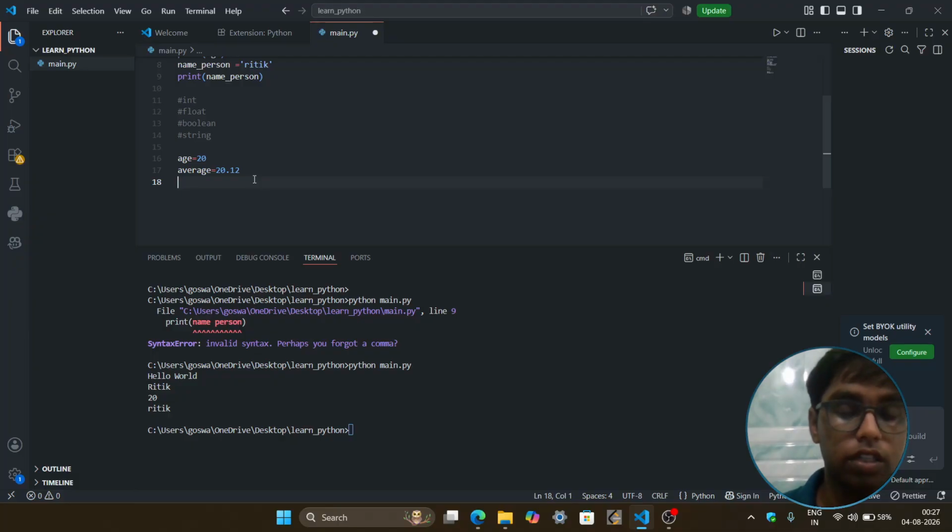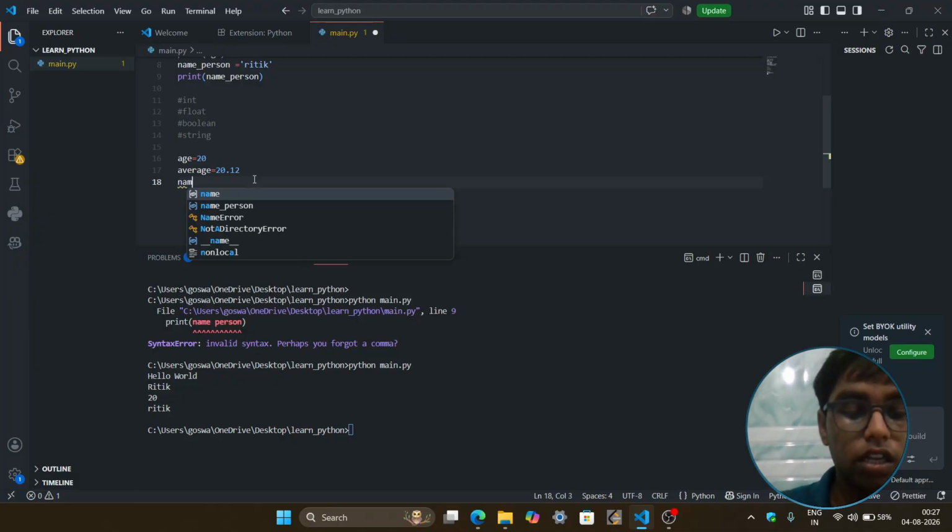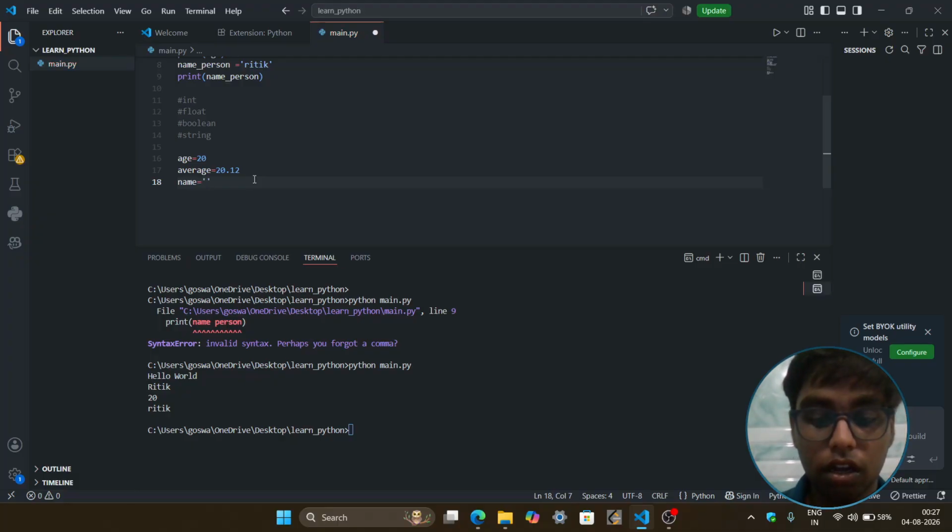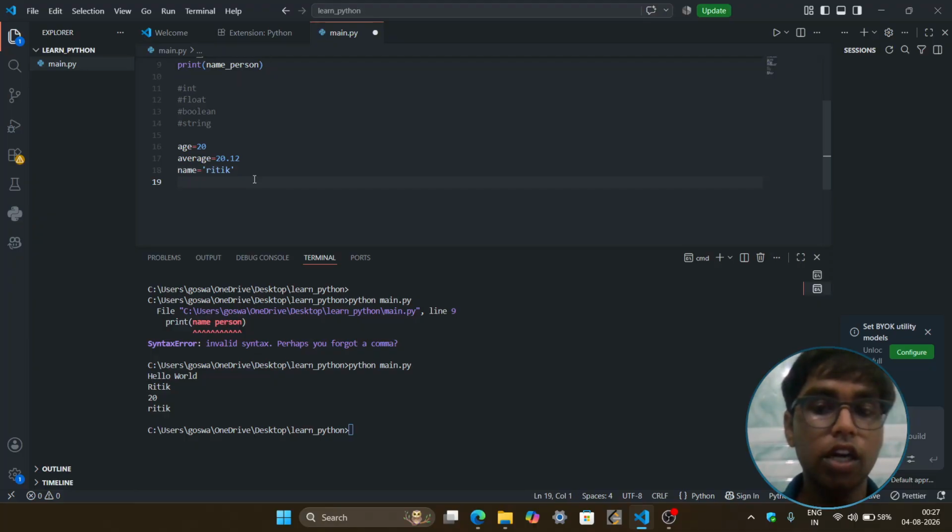And if you talk about a string, we have already seen that if you want to enter any name, you always enter the string in quotes, that I already told you. Boolean is a true or false type of value.